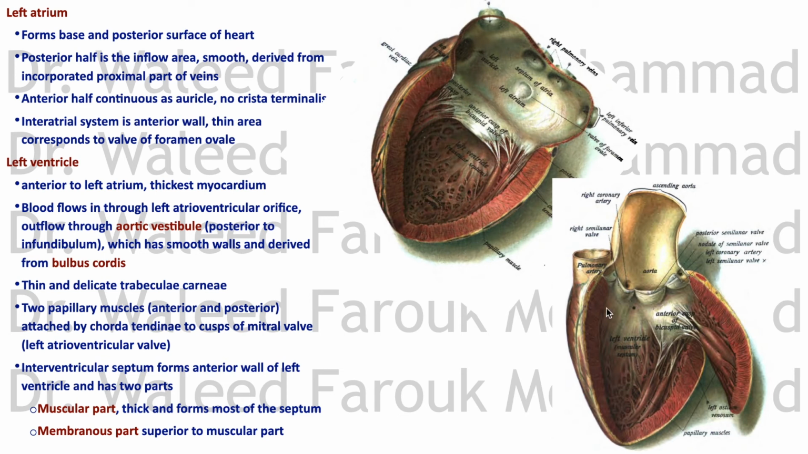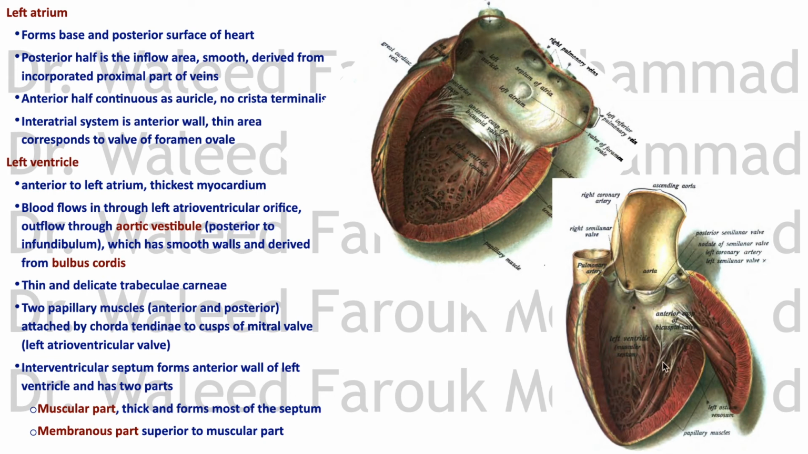The outflow of blood through the aortic opening is guarded by the aortic valve, which is a semilunar valve, the same arrangement as the pulmonary one. The part before the aortic opening is smooth, not like the rest of the ventricle. It's called the aortic vestibule, and it was derived from the bulbus cordis. See, we are using embryology terms here. Bulbus cordis. The difference from the right side is that the trabeculae carneae are thin and delicate, and